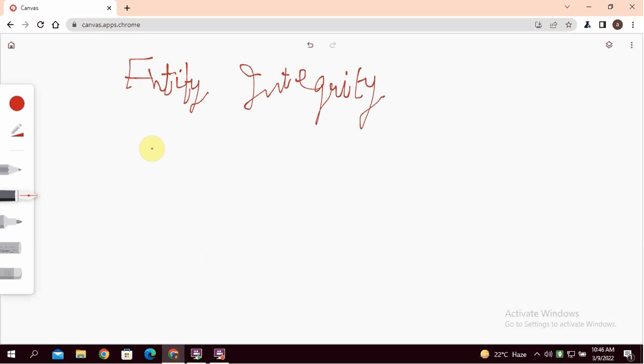That is, a null value for an attribute means that either the value is not known or is not applicable. Let's take an example.